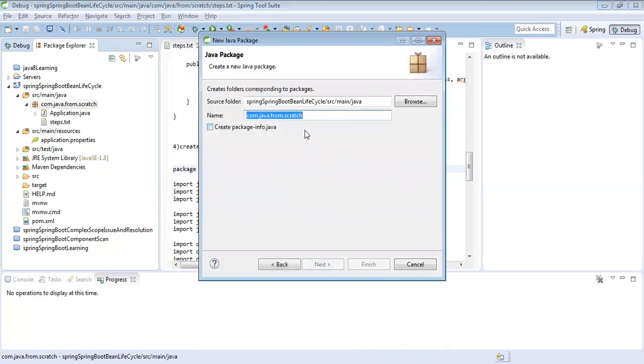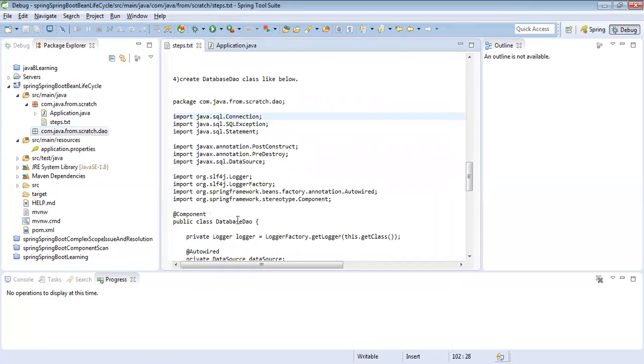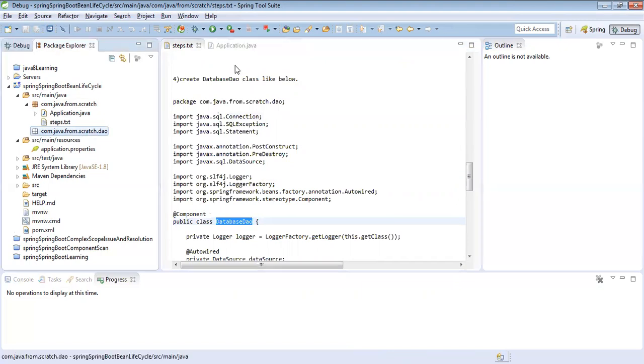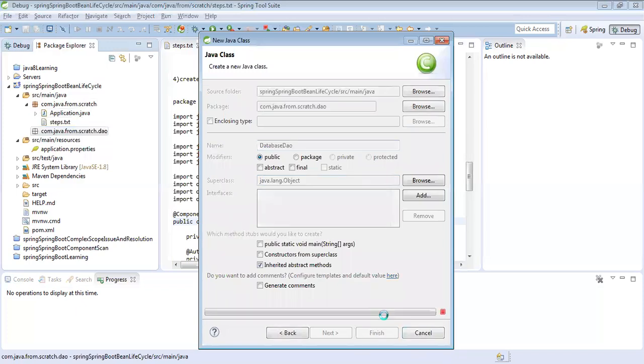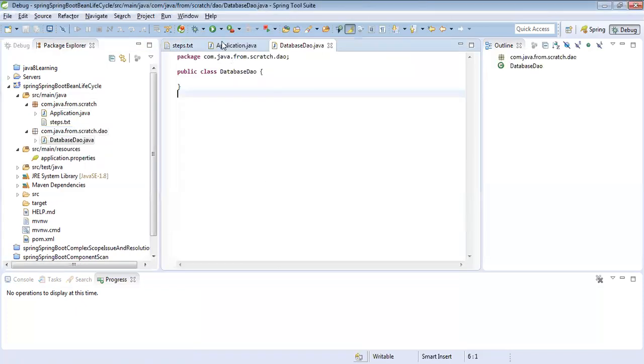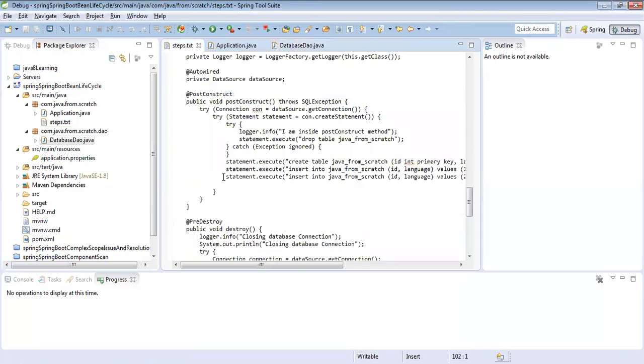Let's create this package. Perfect. We have this package. Now create this class. Inside this package, we are creating the database DAO class. Perfect. And in this database DAO class,